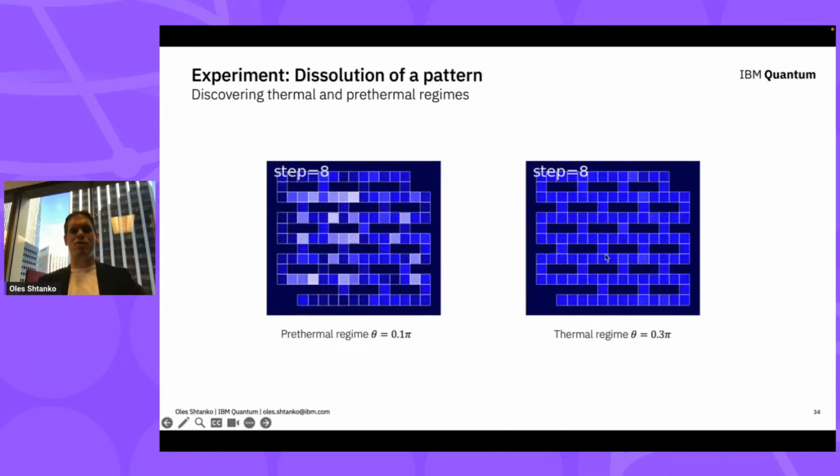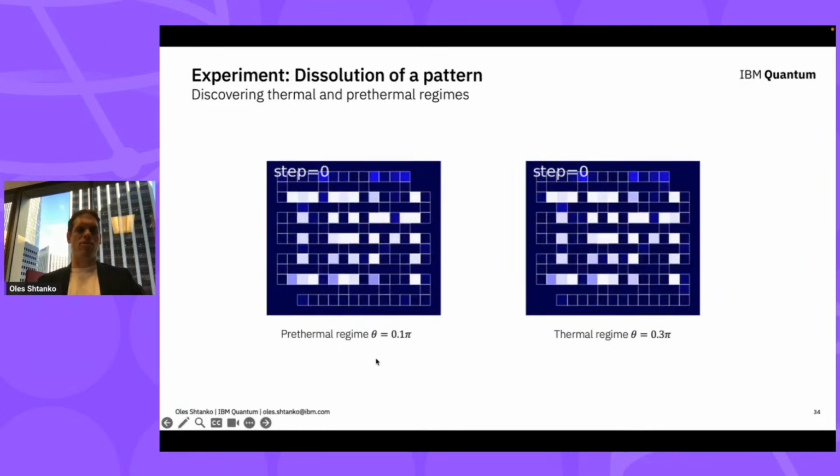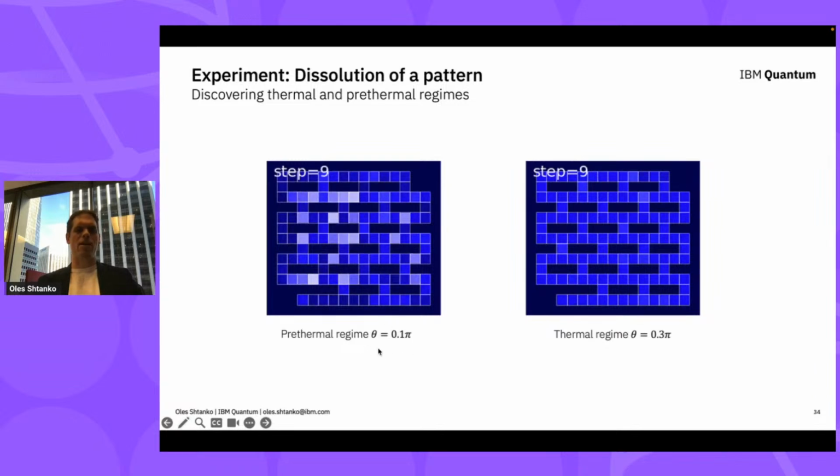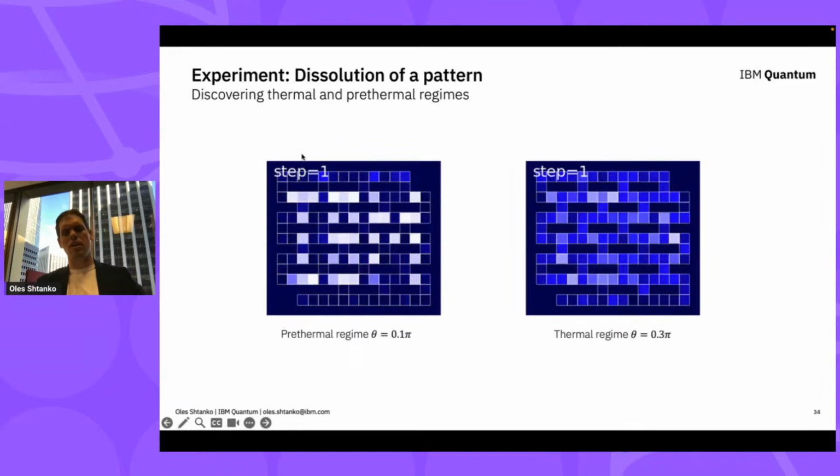And this is a nice picture showing two different regimes. One regime looks more like a localized one. Again, it's 0.1 pi, and we probably expect the system to have delocalization for smaller angles. But already for this system size, we believe we can see some proximity effects. So we can see MBL signatures here, and we see them as a conservation of pattern in local observables, while in an ergodic system everything goes pretty quickly. All local observables become close to 0, which is a nice signature.